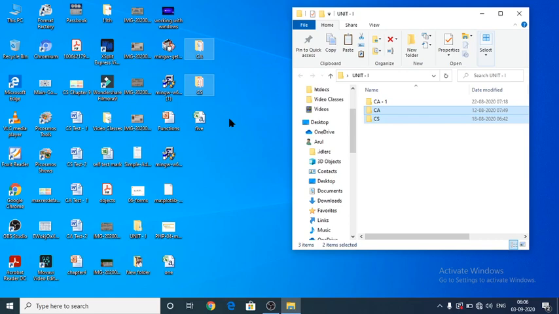In both places it will be available while making a copy of the files or folders. But while moving the files or folders, it will be available in the destination place alone.